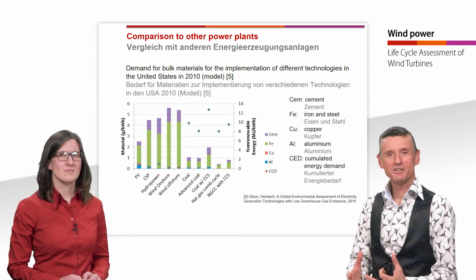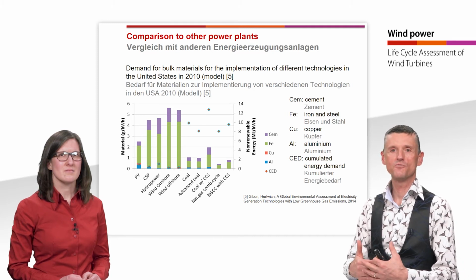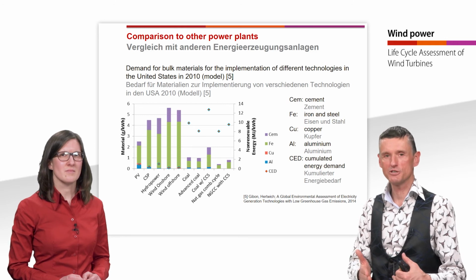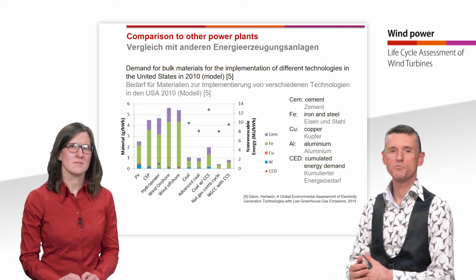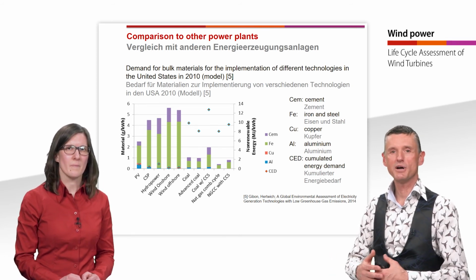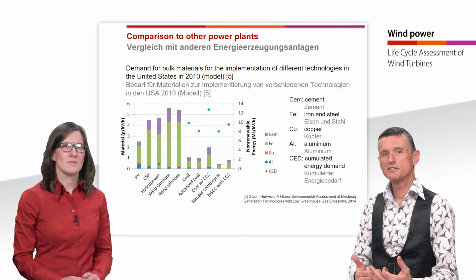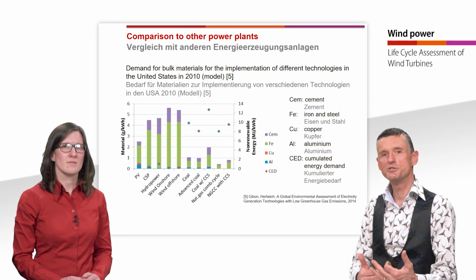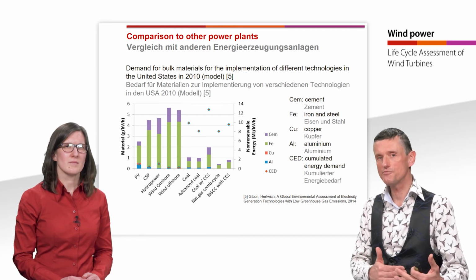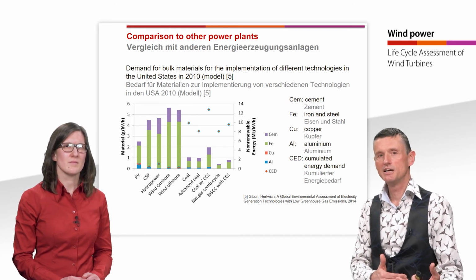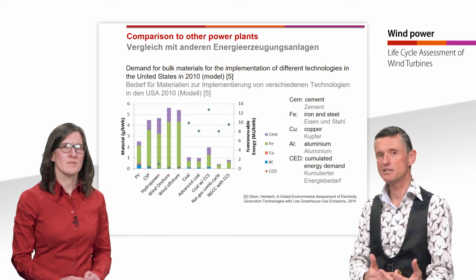And then we come to a study of Gibbon and Hertwig in the United States, and they investigated the impact of wind turbines and other renewable power technologies in comparison to the conventional power generation like coal power plants, gas power plants, or combined cycle power plants. And there we see in those bars that the material use is the highest we can imagine for wind turbines and also high for other renewable power systems. Especially the usage of iron and steel is dominating that.